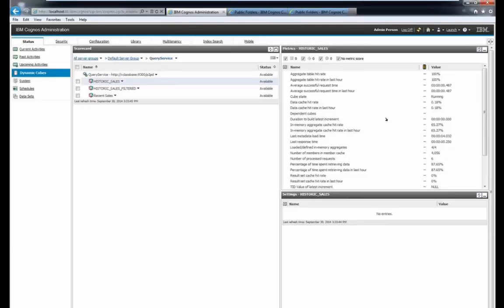I'm going to now move to the user-defined in-memory aggregates portion of our program. For user-defined in-memory aggregates, as I mentioned before, really the best practice is to continue running the Aggregate Advisor to get a real full set of in-memory aggregates. But if you do know what you want in terms of in-memory aggregates, you can define them in